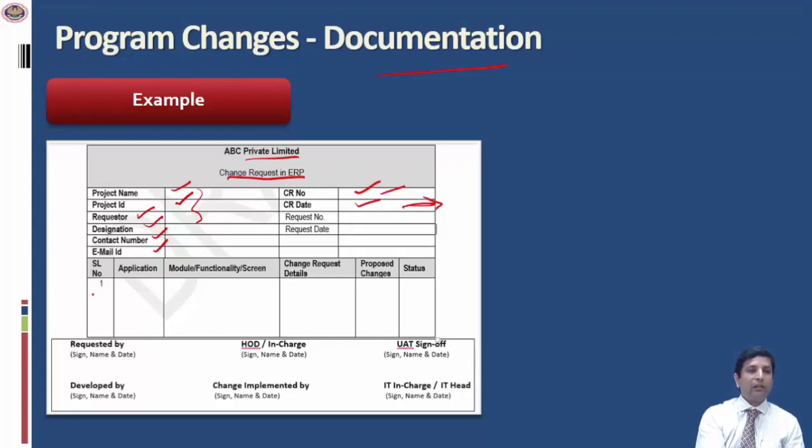Here we can see the other parameters, like which is the application in which the change is being made. So based on the application, we can either scope in or scope out our testing, because if the application is the in-scope application, only then this form is relevant for us. We also look at what kind of functionality or module has been changed and what are the specifics of the change which have been made.